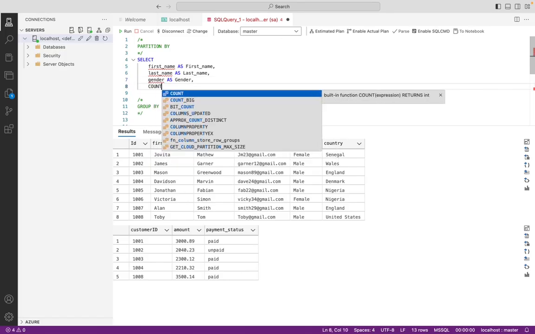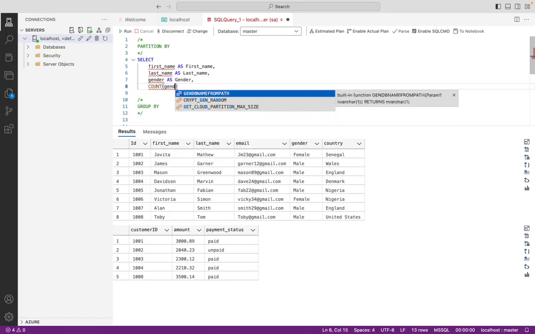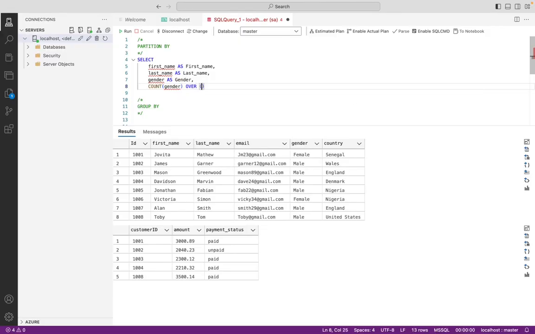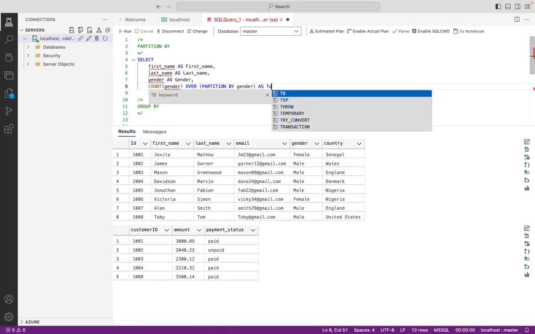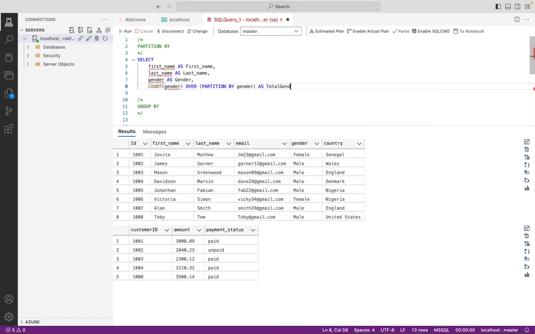So let's count gender over partition by gender as total gender,